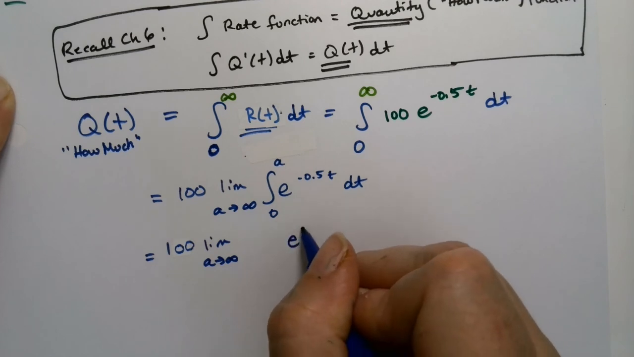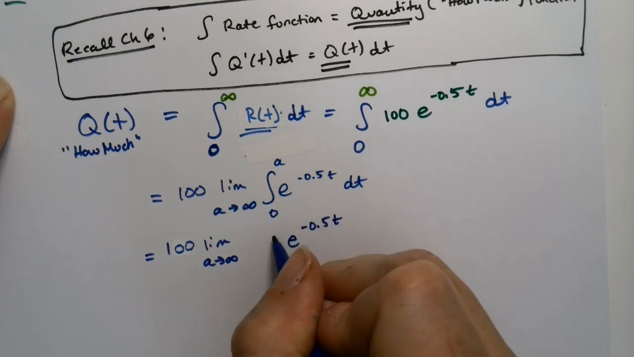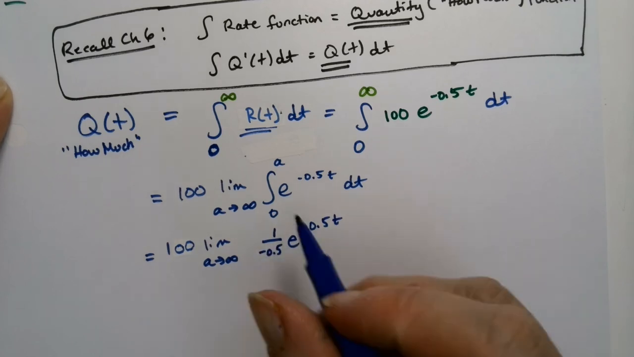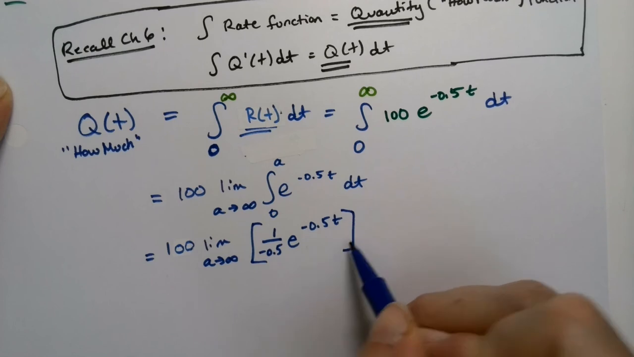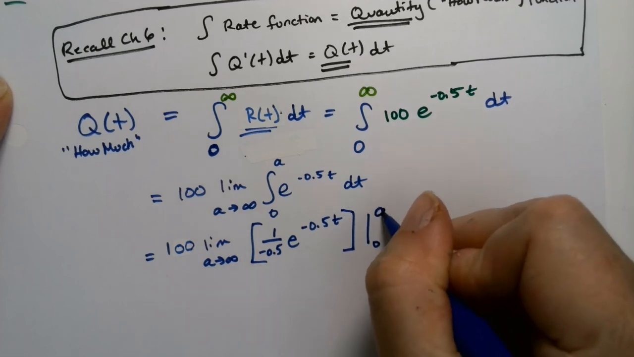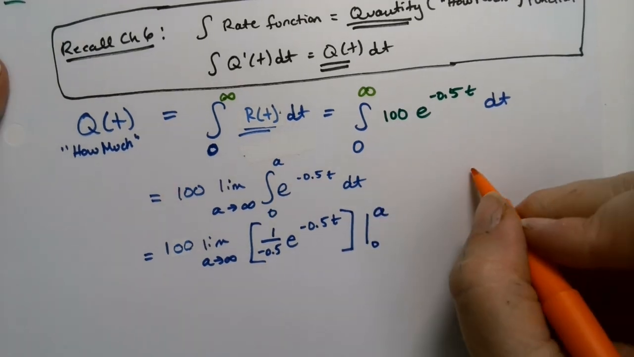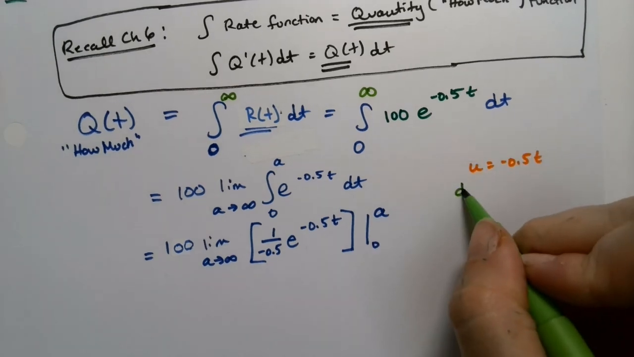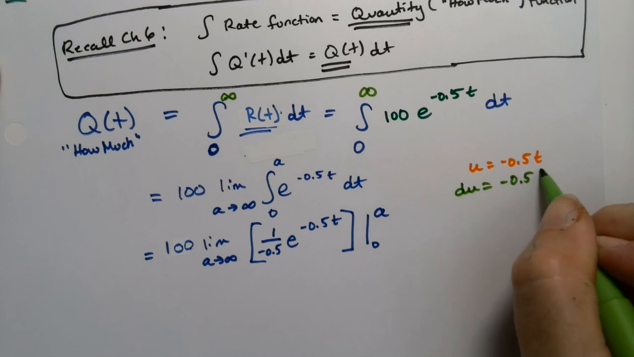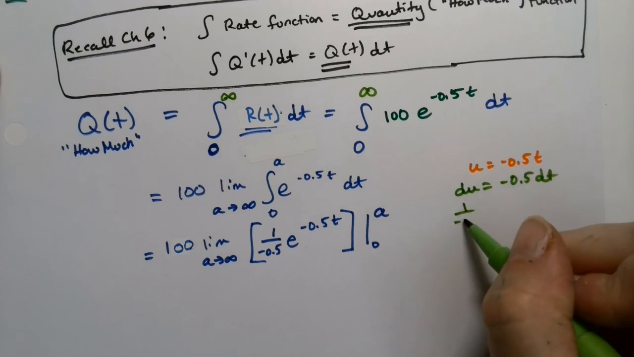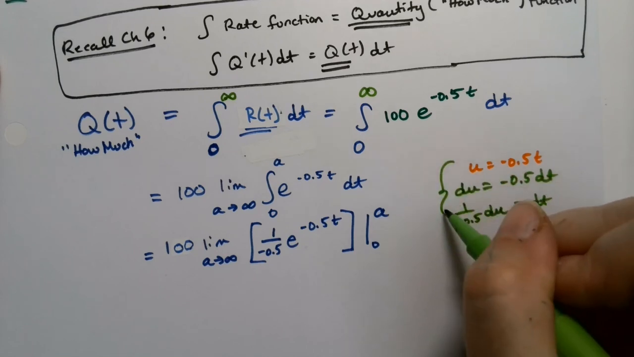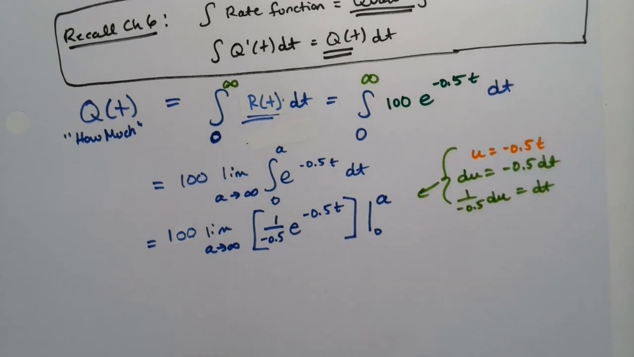So that'd be e to the negative 0.5 t times 1 over negative 0.5. Again, it's actually a baby u substitution, but we're past the point of having to show the work for those all the time. We've got other things to do. But if you want to, that's what you're doing, right? And skipping the middleman. Okay, so then